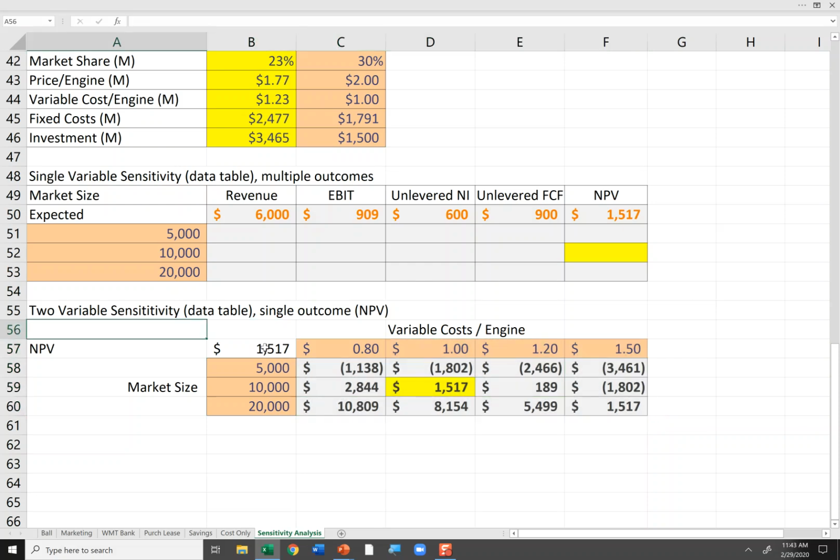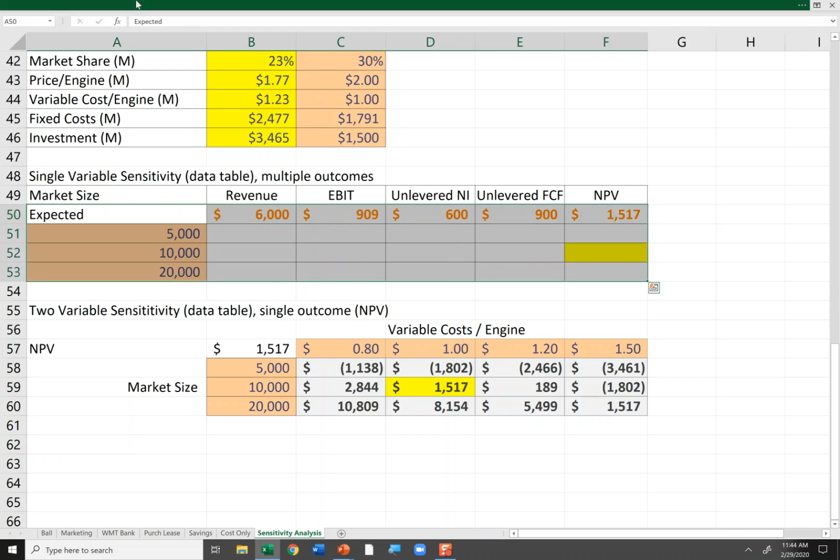and I get this 2 variable data table. And we've done that before, so let me do one we haven't done before, a 1 variable data table, but it has more than one outcome. What if we want to see how market size affects a bunch of different outcomes, say revenue, EBIT, net income, free cash flow, and NPV? Notice I have links to base case revenue, base case EBIT, base case net income, base case free cash flow, and base case NPV. I can then select this area and hit data,